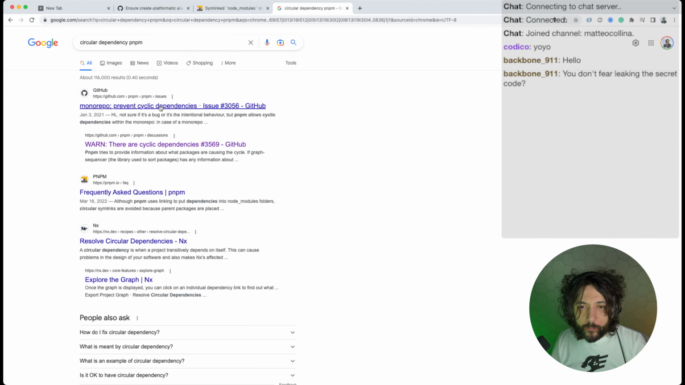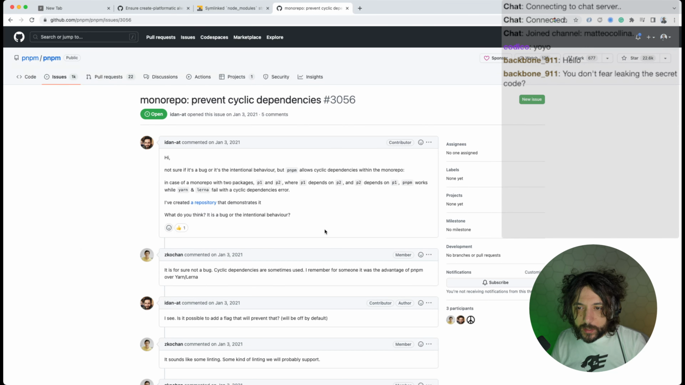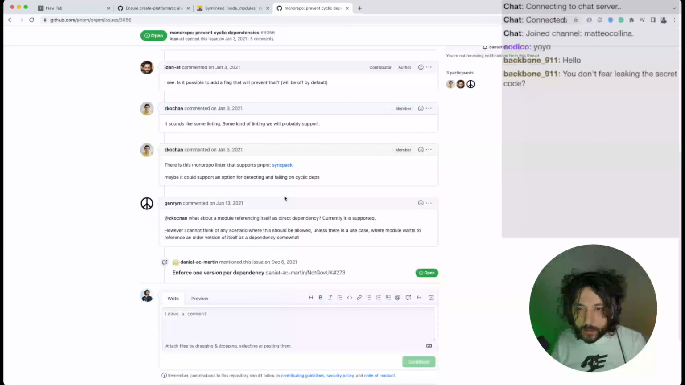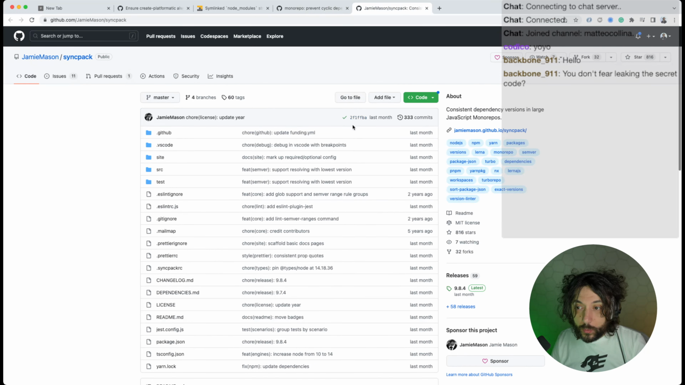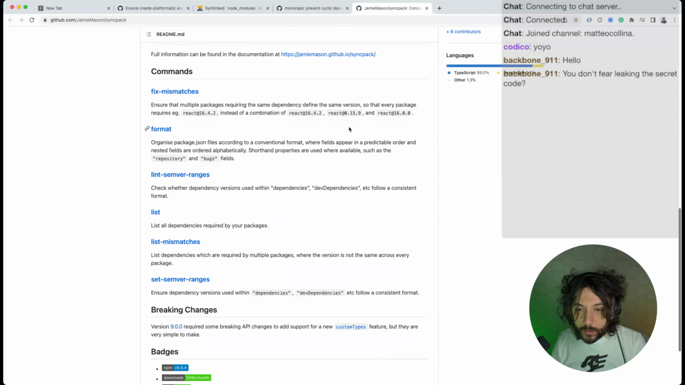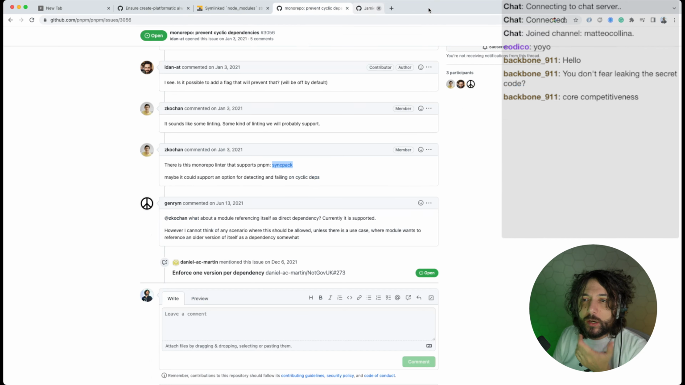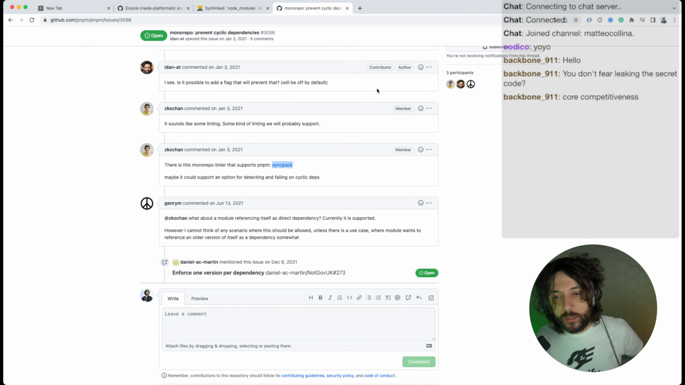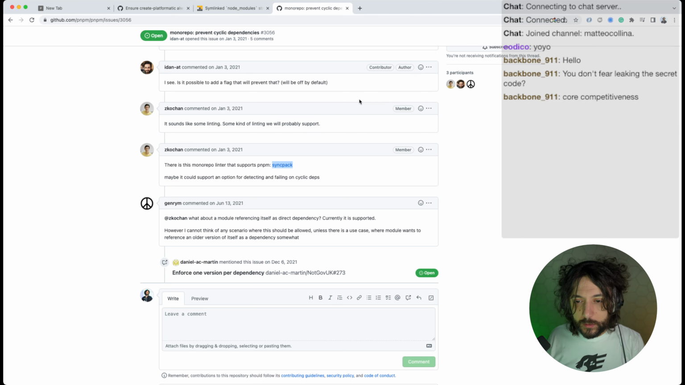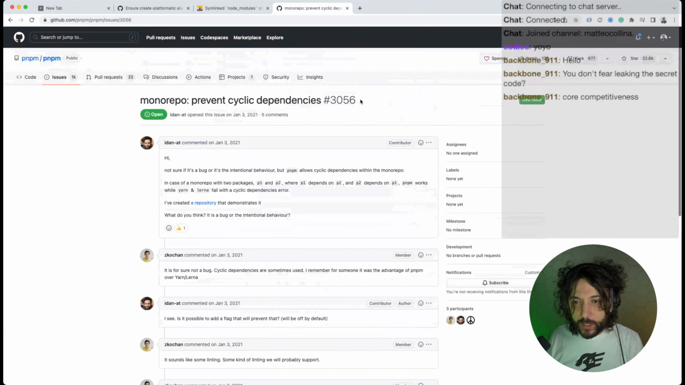Okay. Prevent secret dependencies. Ooh. Core compatibility. Sorry, I don't understand what's the problem. All this code is open source. So happy to be open source. We are an open source company. So